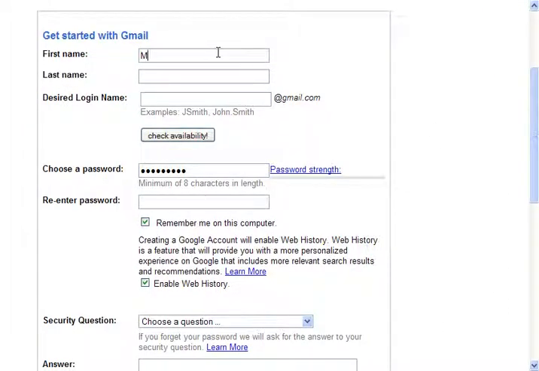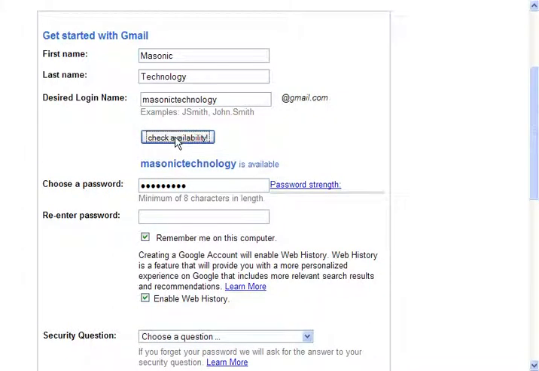Now, I am going to create an account here, just for practice. I put in Masonic Technology. Now, the great thing about Gmail is there's a button here that says check availability. So if I select that, it'll tell me whether Masonic Technology as an email address is available. In this case, it is. So I'm going to put in